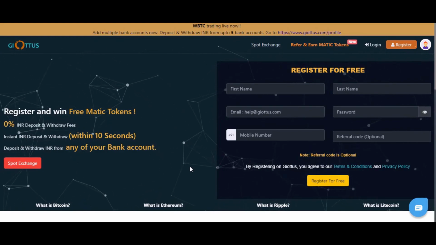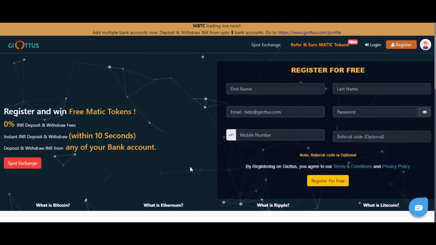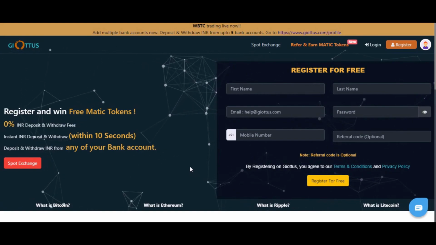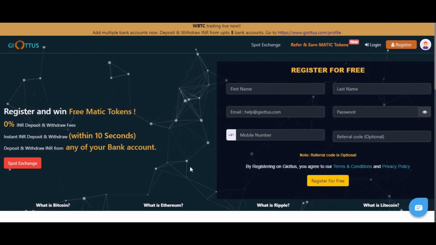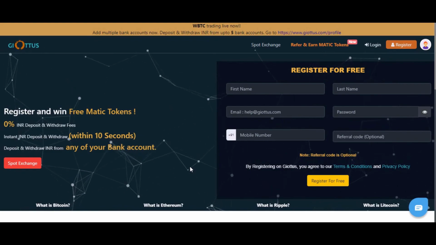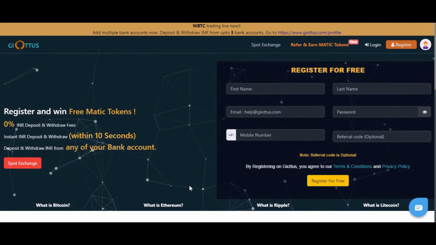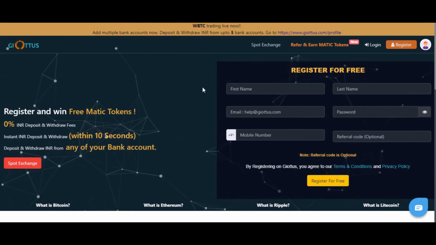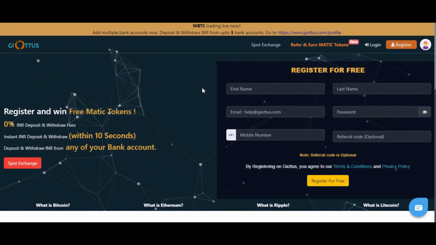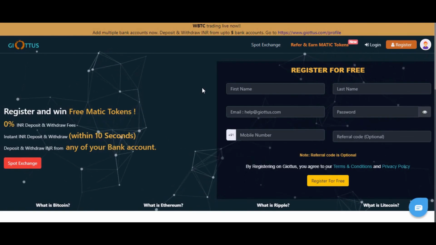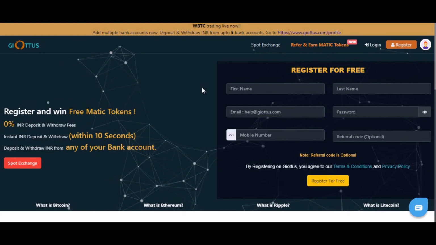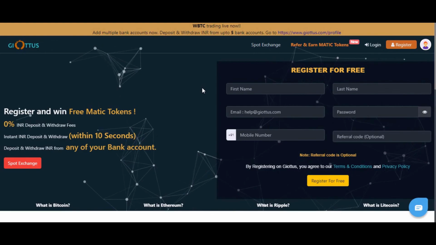So you have seen the whole step by step procedure of how to buy Bitcoin in India, and now you can add 5 banks in GeoTouch. For the last 2 years we have been using it, and they allowed only one bank. But after the Indian Supreme Court decision the government has allowed us, and they have given us the option to add 5 banks, and by adding 5 banks you can deposit more money and withdraw more money also in GeoTouch. So that is a good option. I will also keep the support contact number, so that if you get any issue you can directly call them on their phone number also, and they will help you.